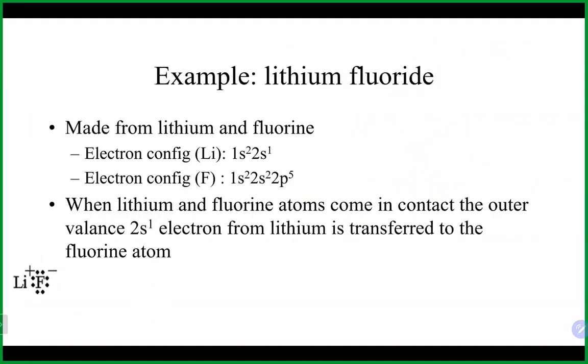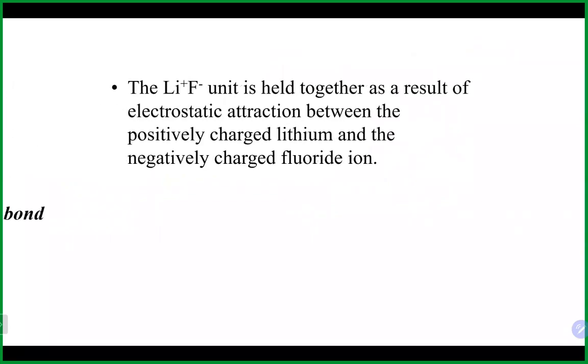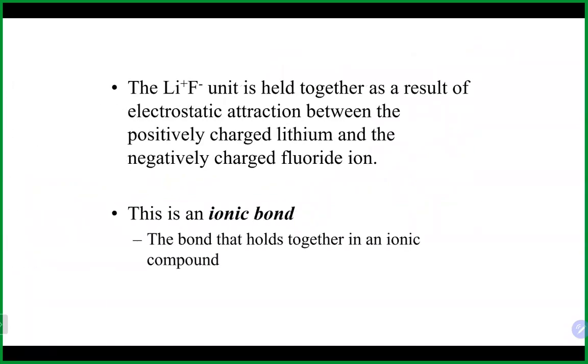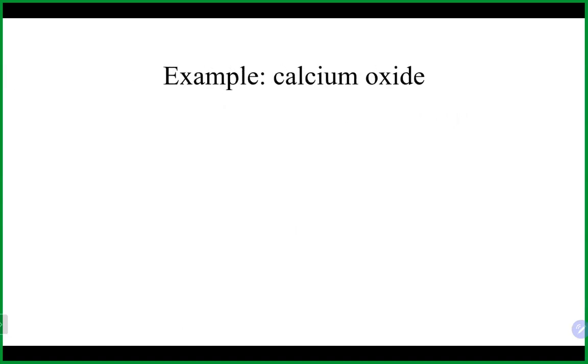All right. So as I mentioned before, the Li plus, which is the cation, the F minus, which is fluoride, which is the anion, again held together by electrostatic attraction, which is the positive negative attraction between the two charges. And again, absolutely no sharing of electrons here. So if we look at another example, if we look at calcium,